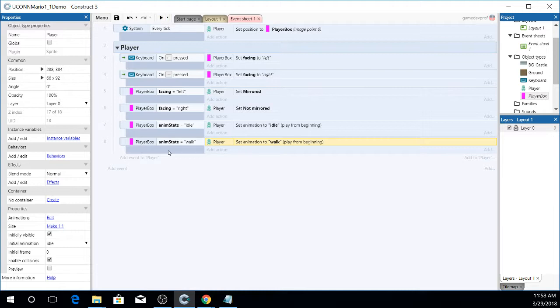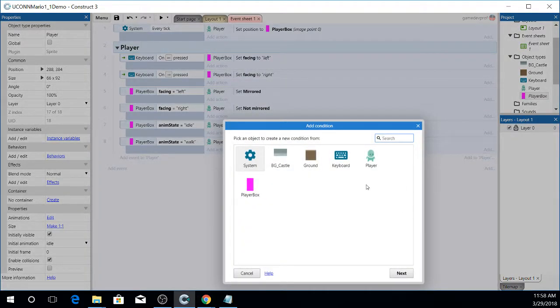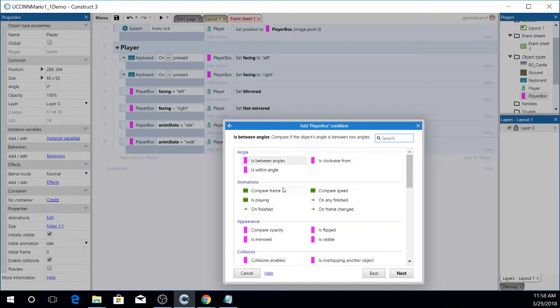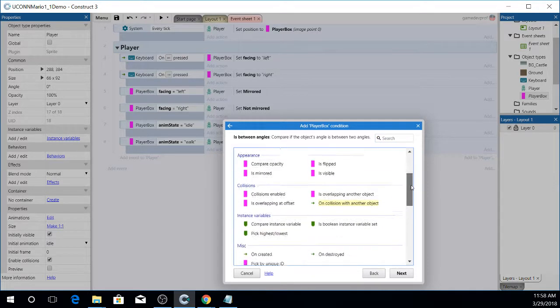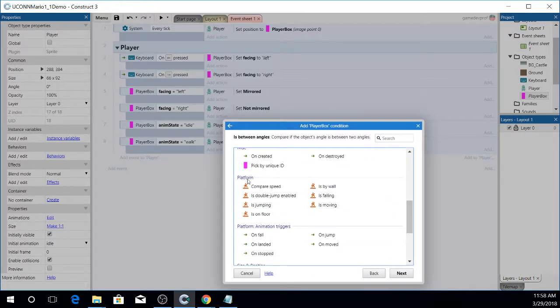Now, we also need to tell anim state when it is walking and when it isn't walking. To do that, we're going to add another event. This is, again, to player box. And when we added the behavior of platform control, we gained access to all this code. So if you don't see this code here, it's because you're not using an object that has a platforming behavior on it. But we're going to detect when the character is moving